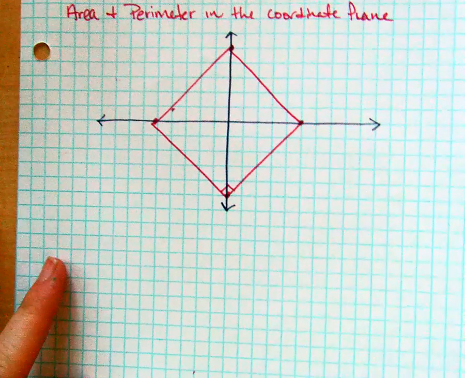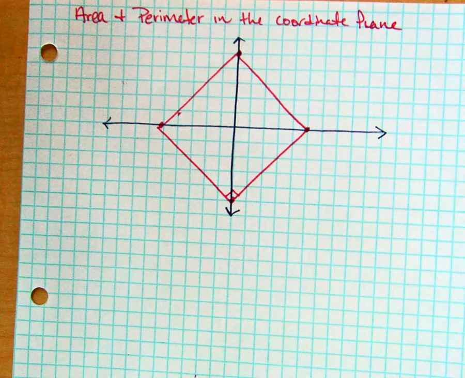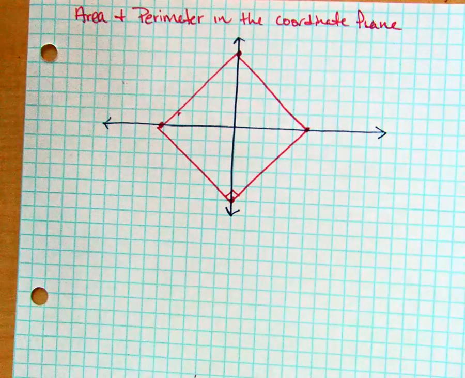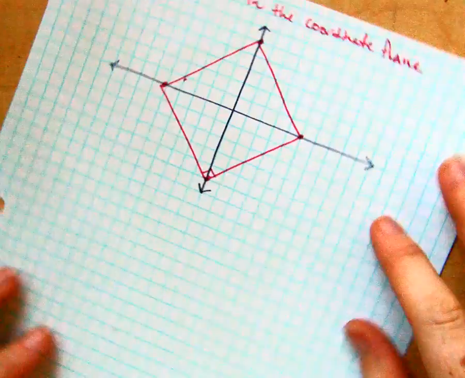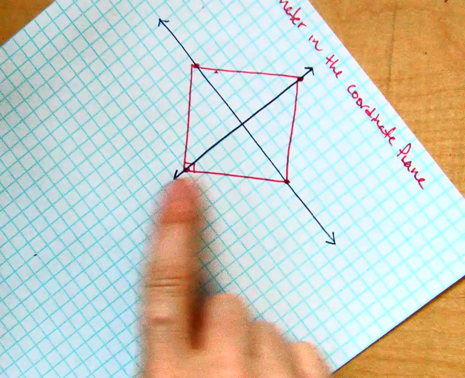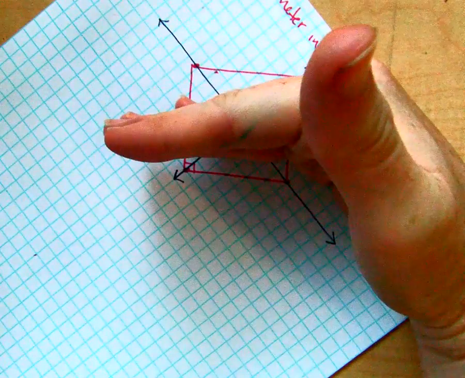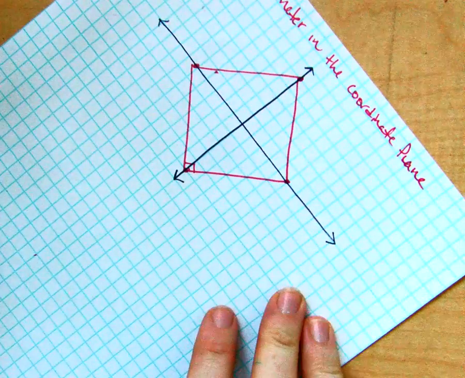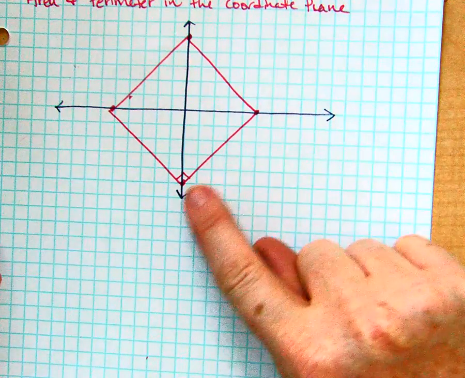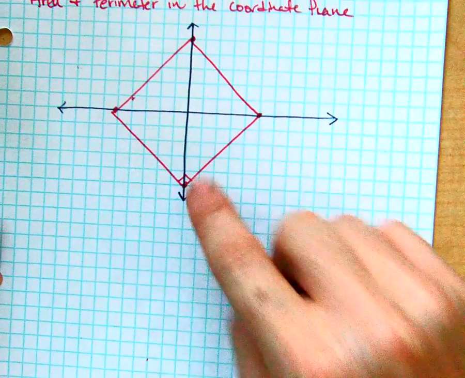Okay, we're going to be looking at area and perimeter in the coordinate plane, and I'm going to do kind of an easy example so it goes as quickly as possible in this video. But let's say you have something like this. Well, the problem here is you don't have anything perfectly horizontal or perfectly vertical, so nothing can really be counted, right? Whereas if this were sitting on the coordinate plane where this were horizontal and this were vertical, then it would be really easy because we could just count. But because it's diamond shaped, we are going to have to find the lengths